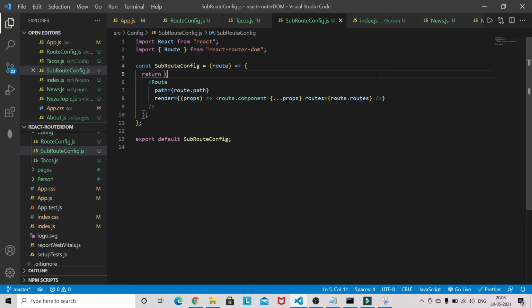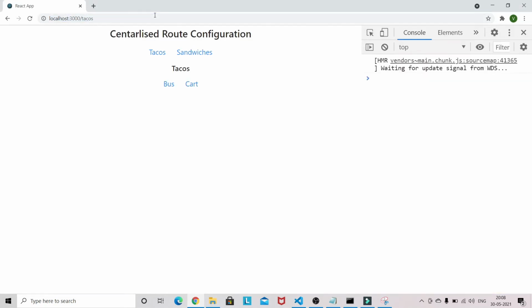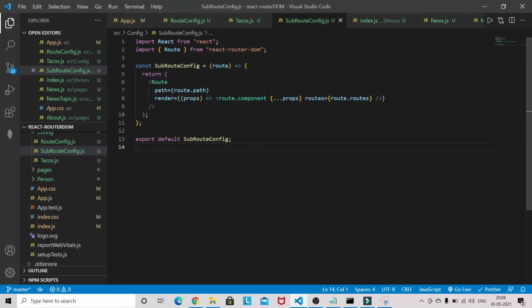Let's see whether this solves the issue. This seems to resolve that issue, and yes, we are able to configure our routes centralized with React Router DOM.